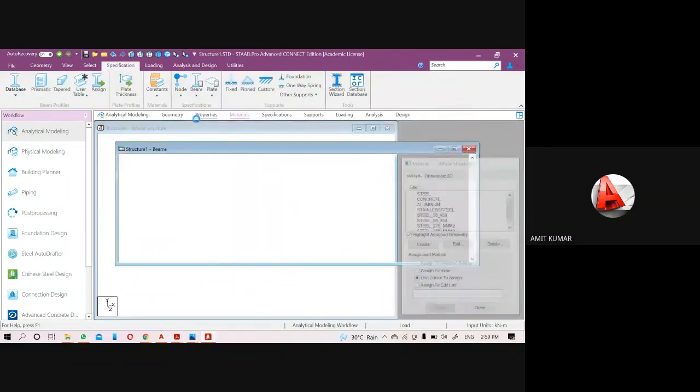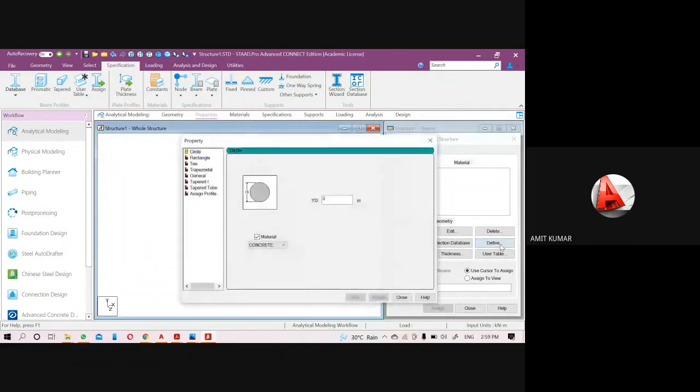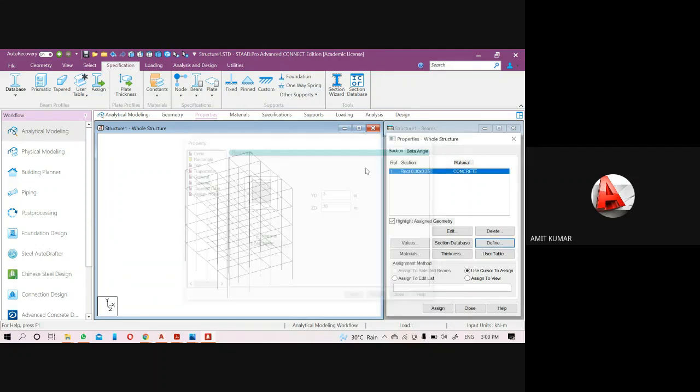Let me check the properties again. Now it is in meter. Okay. If your column is 0.3 by 0.35, just provide the value. For this yd and zd, you have to see the direction. Zd and yd will decide the orientation of the beam. I can show you.